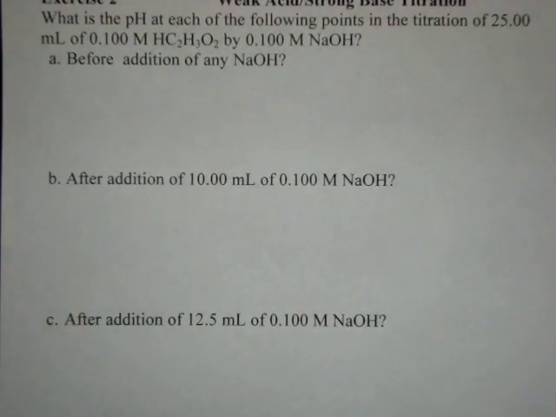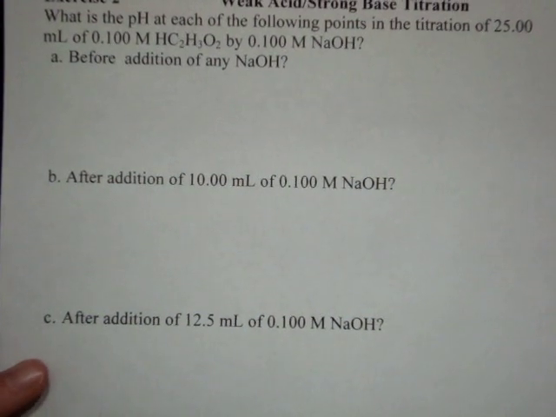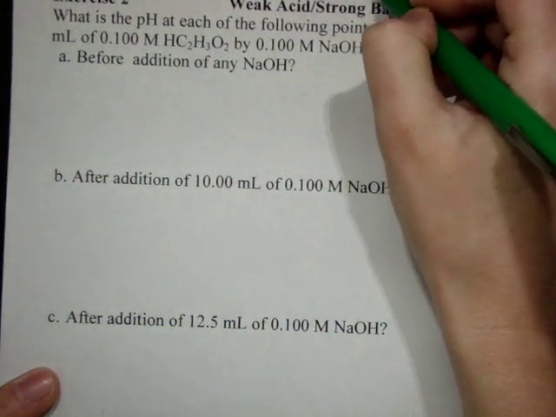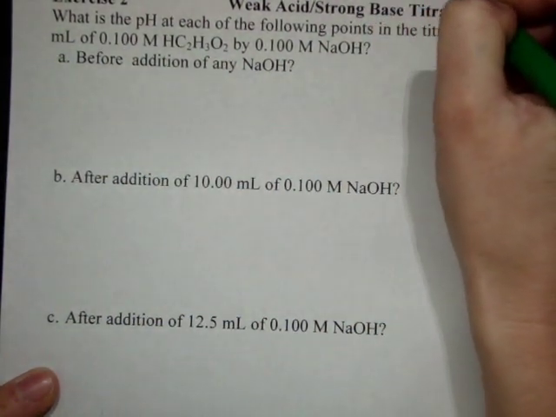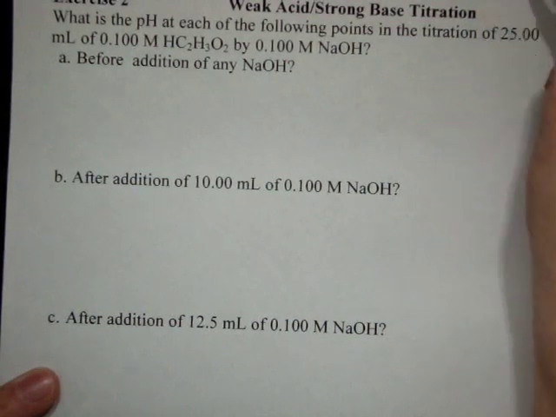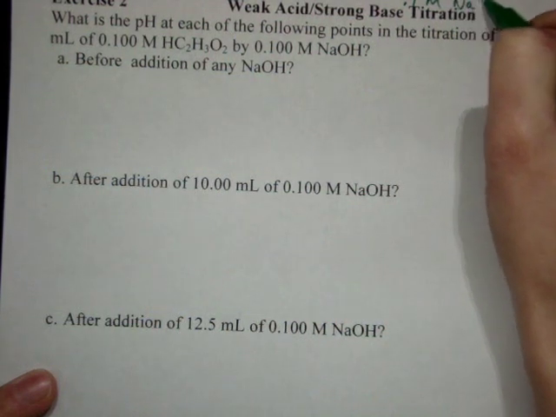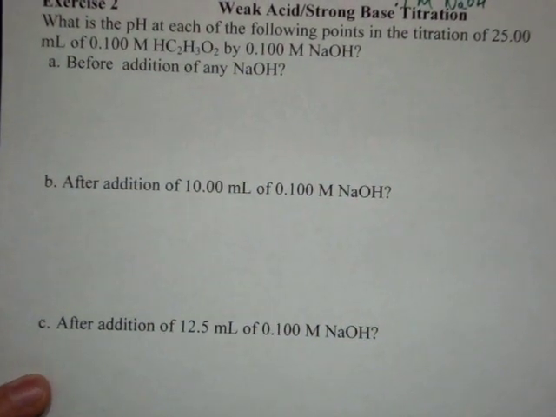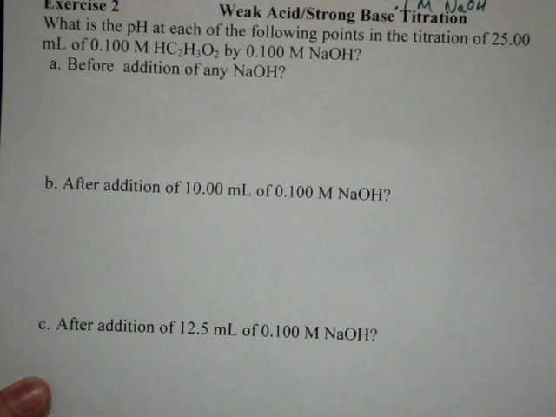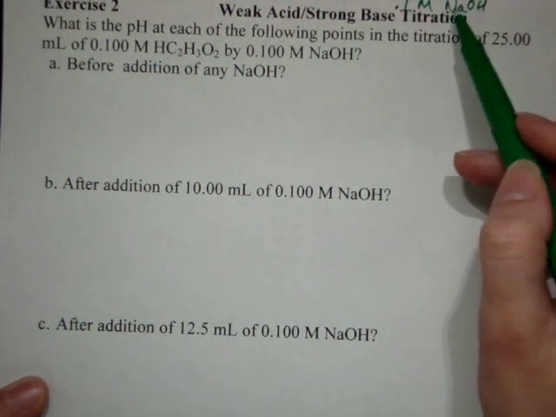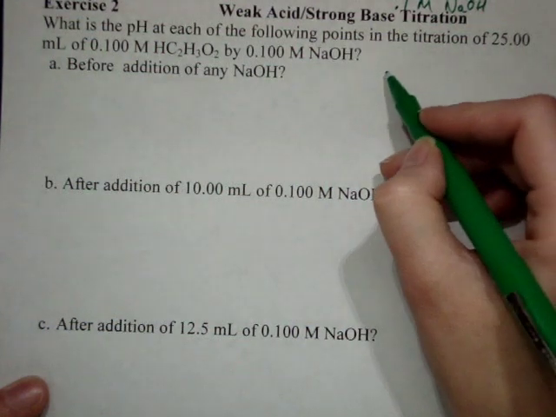So here we go for exercise number 2. What is the pH at each of the following points in the titration of 25 milliliters of 0.1 molar acetic acid, so that's a weak acid, with 0.1 molar NaOH. Again, the first thing that I want to do here is I want to know where the equivalence point is and where half of the equivalence point is. Because in this case, I've got a weak acid and a strong base, I know I'm going to have buffering going on here. So I have my equation,